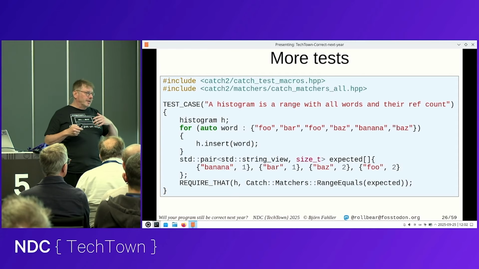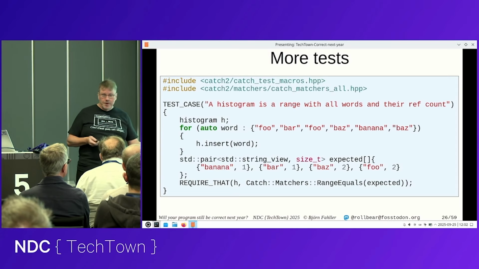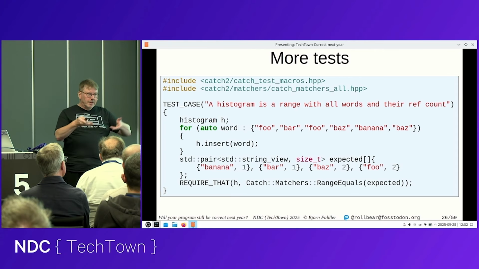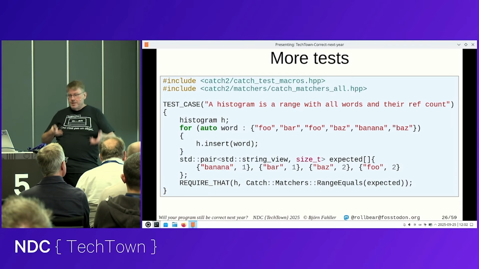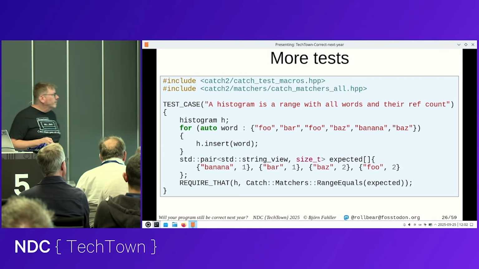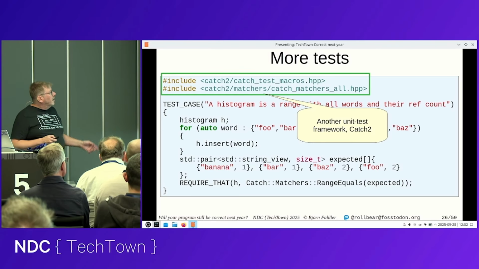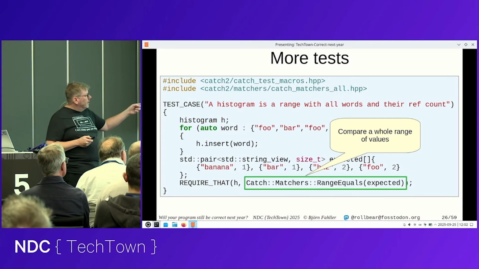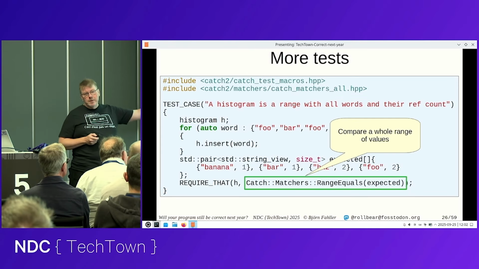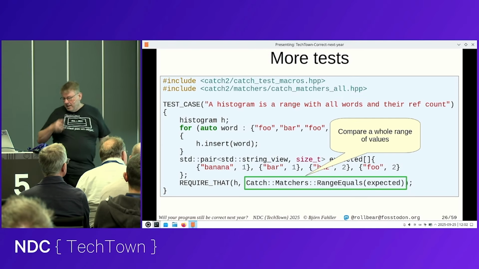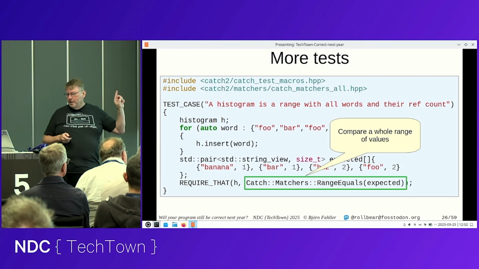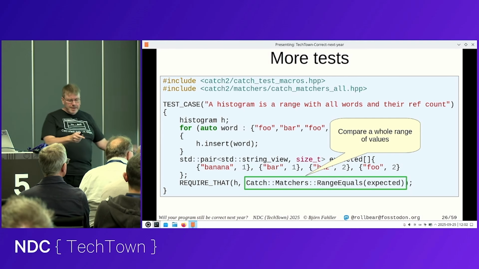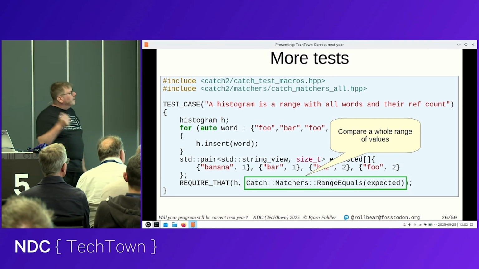The downside is that build times with Catch 2 are longer. An upside is that you have more abstractions to write things. So in this case, I'm using this range equals. So I can say require that h range equals expected. And when I run that, I get